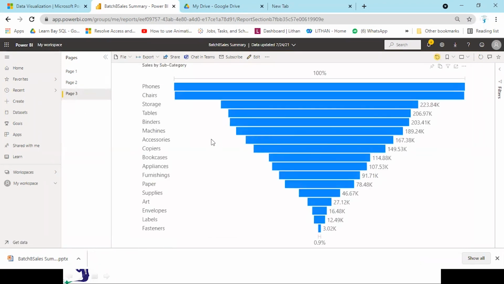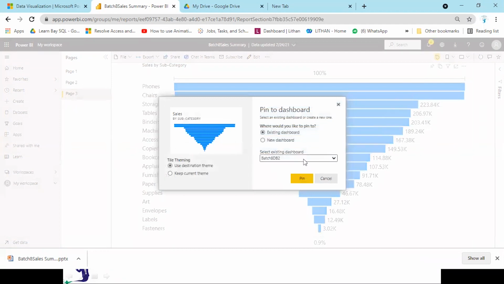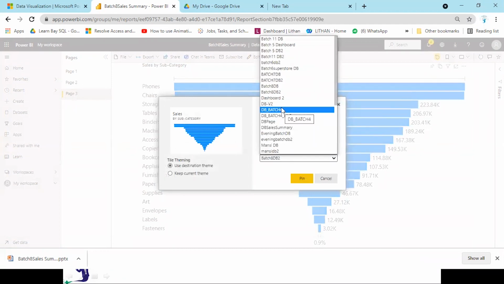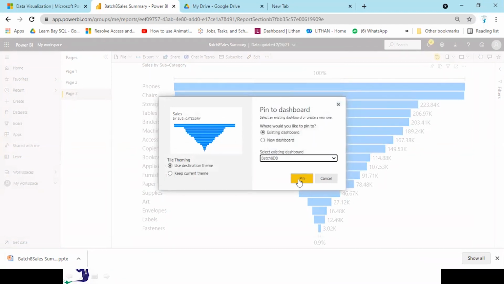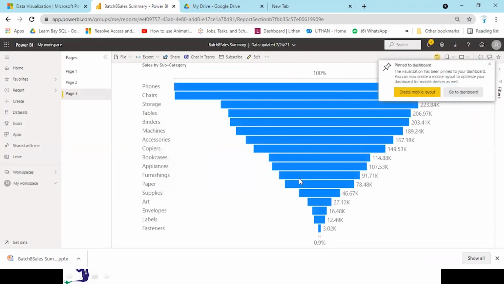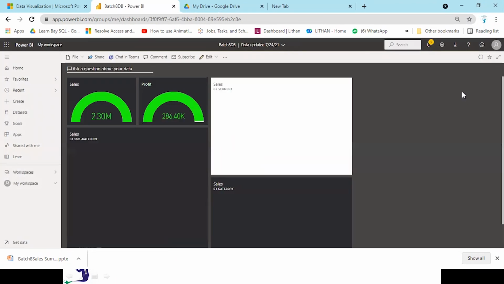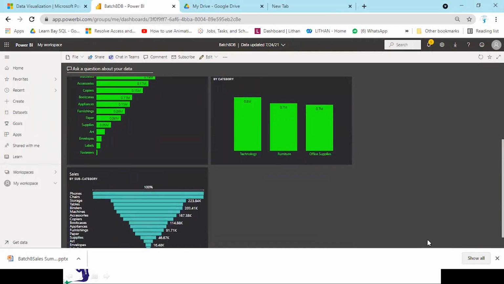If you want this also in the dashboard, you can click on pin visual. Pin to dashboard, I will say batch 8 DV and say pin. Go to dashboard. Here it is.